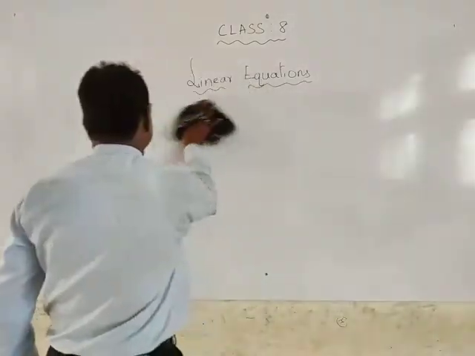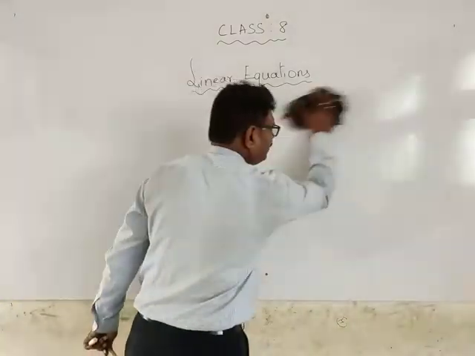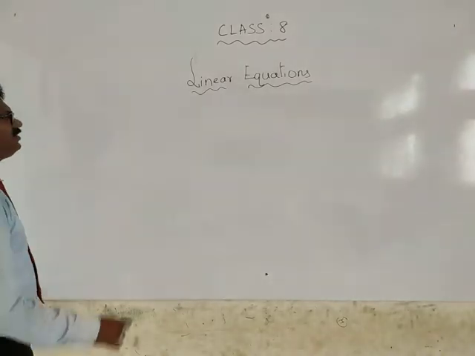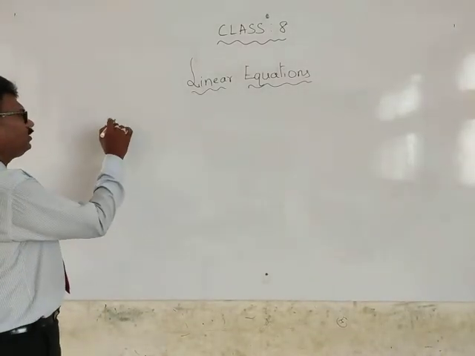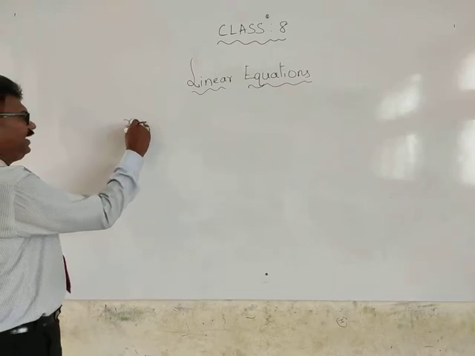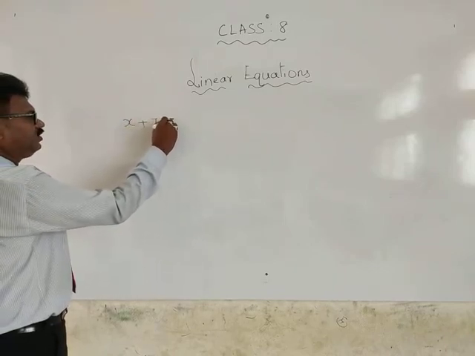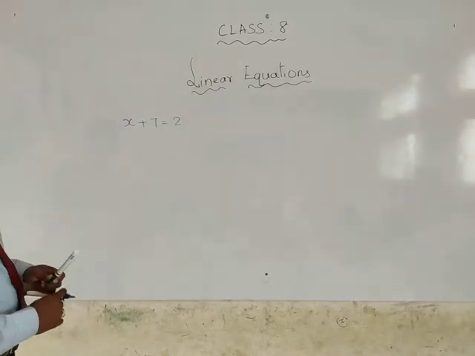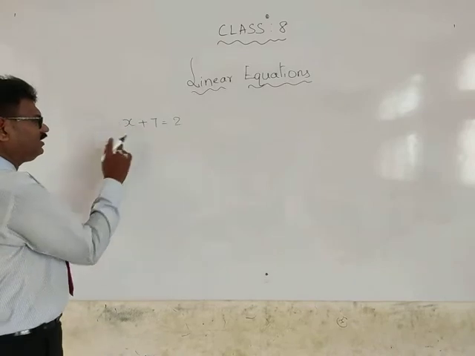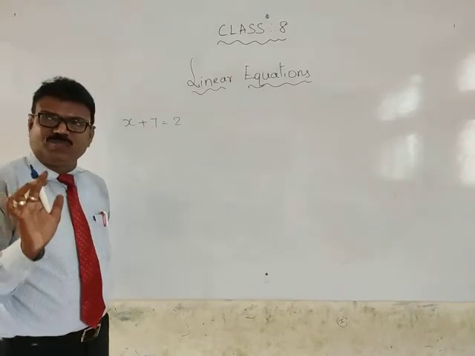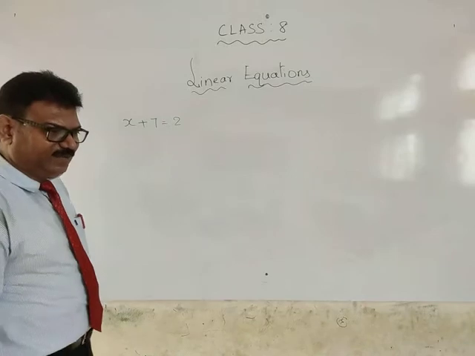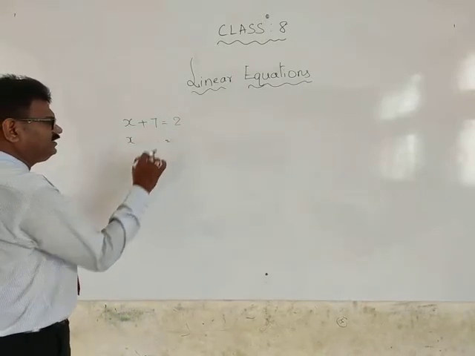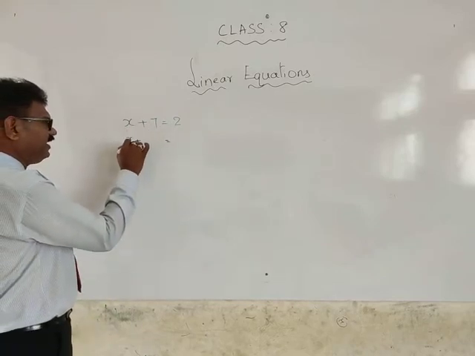Very simple. The first most problems are simple equations. How simple equations? Like this: x plus 7 is equal to 2. Now how to solve this problem? Very simple. I told you there are 2 methods to do the problem, and you can follow any method. For example, in your textbook he has given like this: x is equal to, here plus 7 is there.